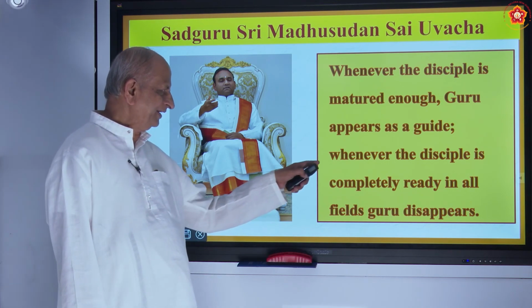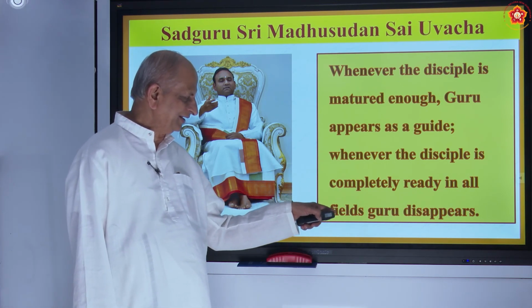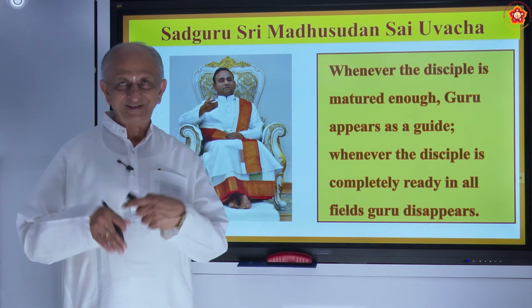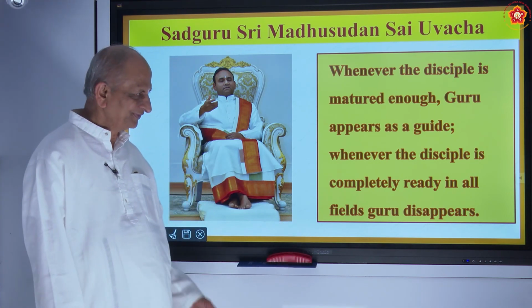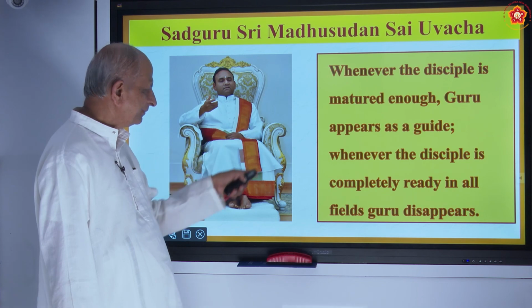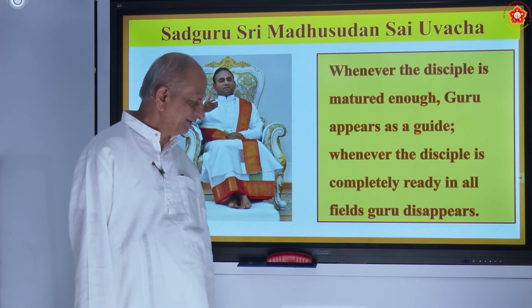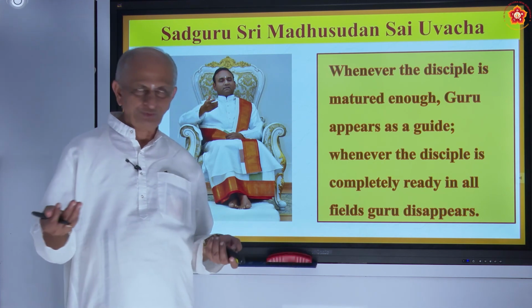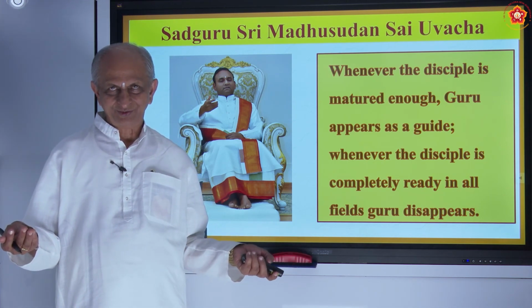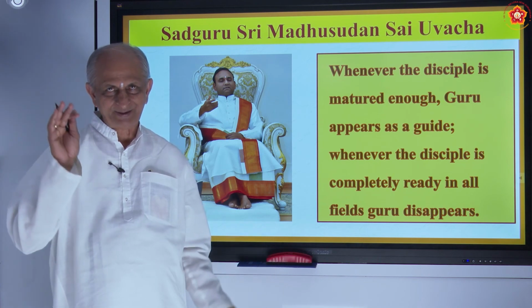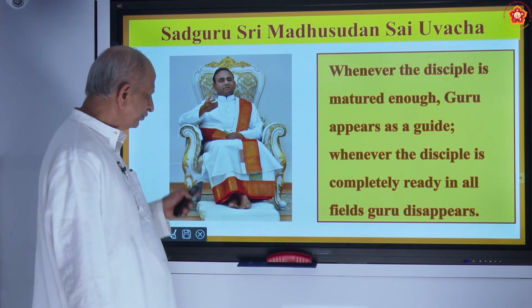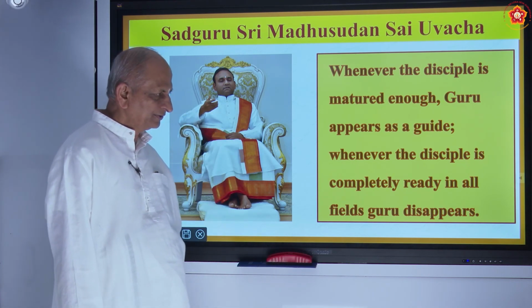When the disciple is completely ready in all fields, Guru disappears. Now the disciple has become Sadguru. He is matured completely. Then there is no Guru there. So without the help of Guru, of course by the blessings of Guru, he is doing all the actions,